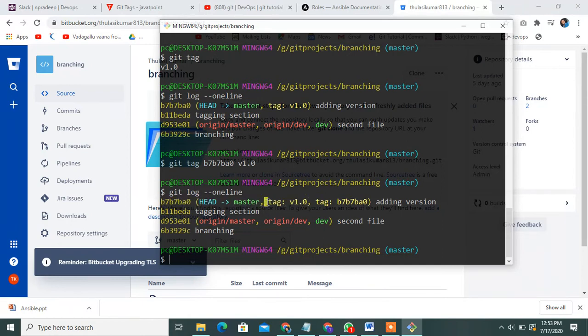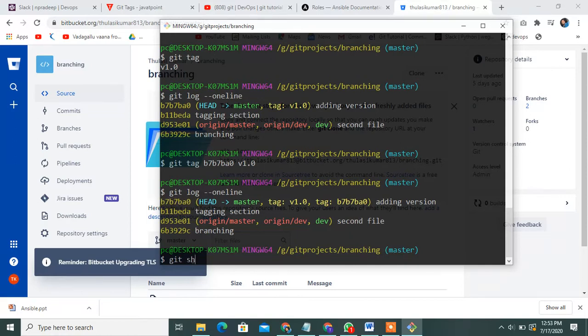You can add the tag v1.0 to this commit, and show only that particular commit also.